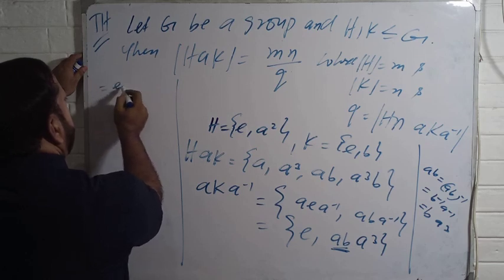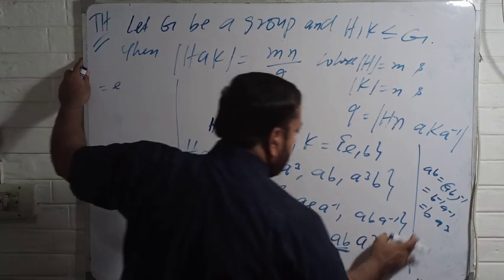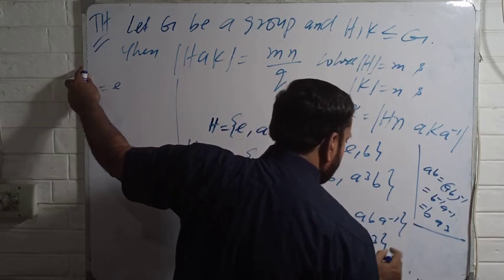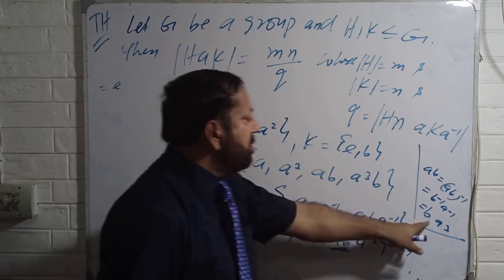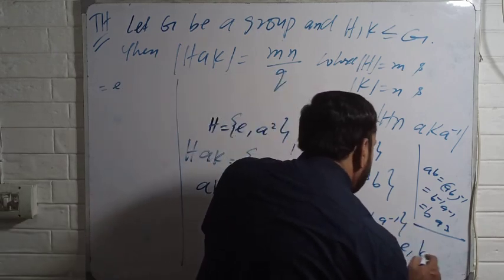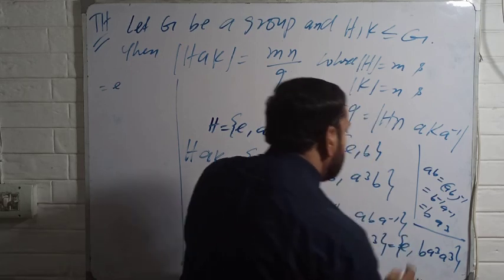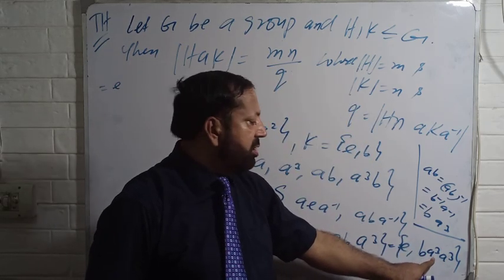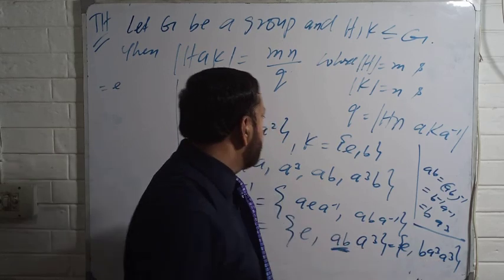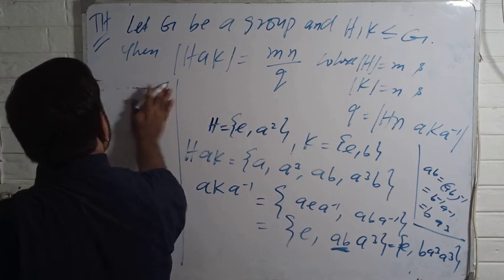So this is equal to E, AB. Get right here. So this is equal to E. What is AB? AB is equal to B A cube. This is B A cube, A cube. What is this? So A cube, A cube, this is A to the 6, A to the 4 is the identity, so B A square, E, B A square. So E, B A square. What is this?